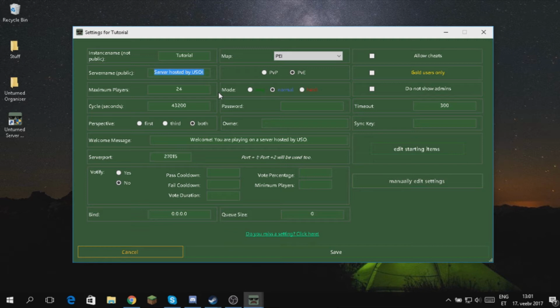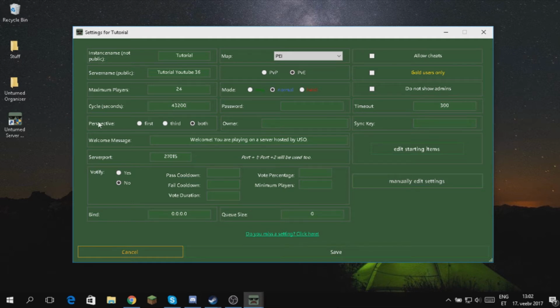So I'm gonna change it to tutorial YouTube 36. Then you can put maximum players. I'm not gonna change that, and I don't know what this does, so I'm gonna do nothing with it.